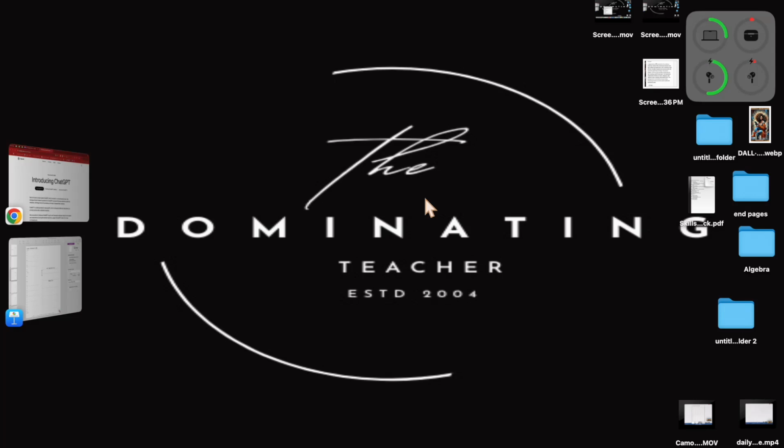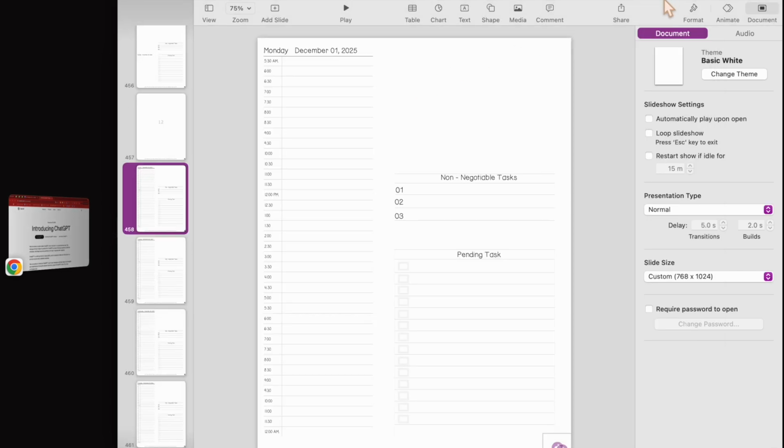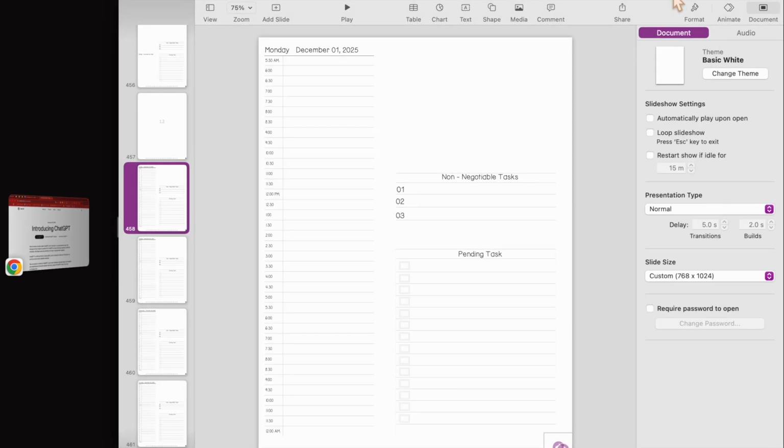Hey guys, welcome back. Today I thought I would answer a few more questions by showing you how you can create your own planner sheets, and you can also sub them into your planner once you've created them. This is a copy of my iconic planner that I created in Keynote. And so what I'm going to do is just copy this page